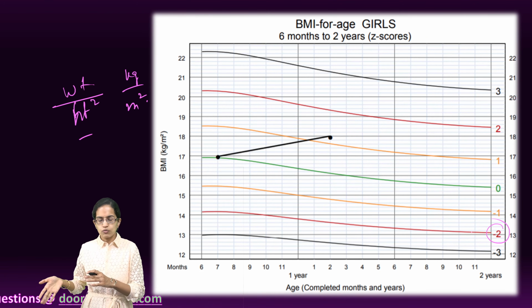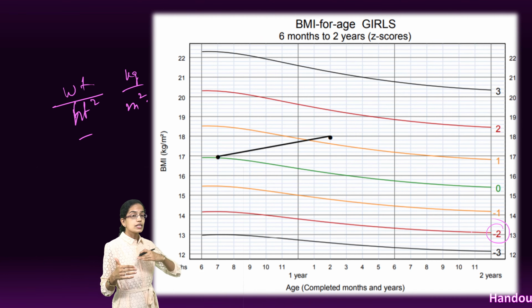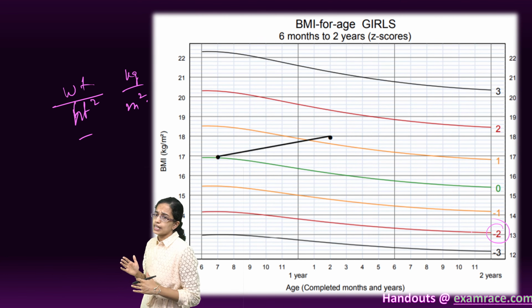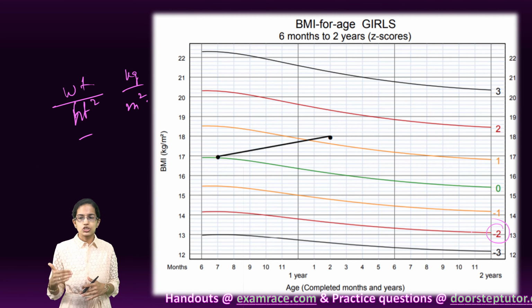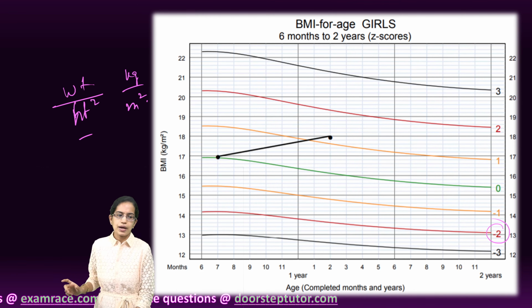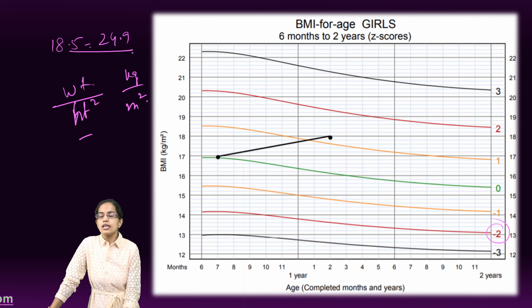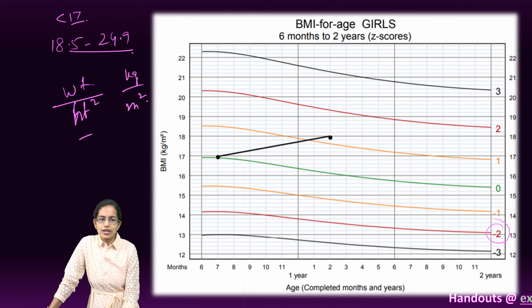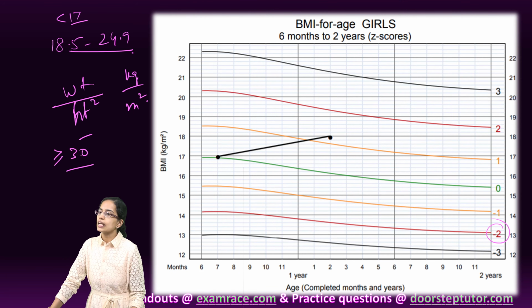So we have BMI on one side, which is the weight by height square with the age. Then we can find out the wasting. So if it is less than -2 standard deviation, we say there are cases of wasting. Now what is the ideal BMI? Ideal BMI should range somewhere between 18.5 to 24.9 for a normal weight. If it is less than 17, we say moderate and severe thinness is there. However, if the BMI is greater than 30, it indicates obesity.